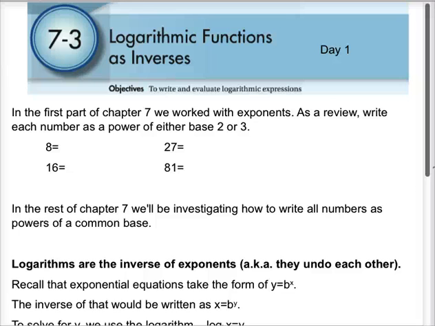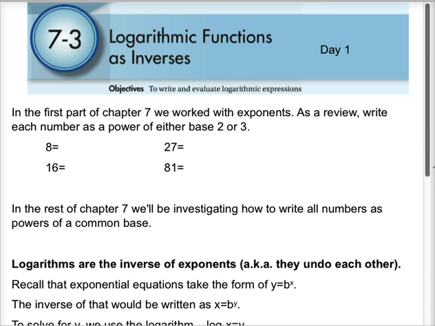Today we're moving back into chapter 7. So if you recall, the beginning of chapter 7, we talked a lot about exponential functions, how to model growth, decay, and compounding interest with exponents. Now, for the rest of the chapter, we're transitioning into what are called logarithms. But logarithms are very connected to exponents. So, to review a little bit of what we talked about in the first piece, let's remember how